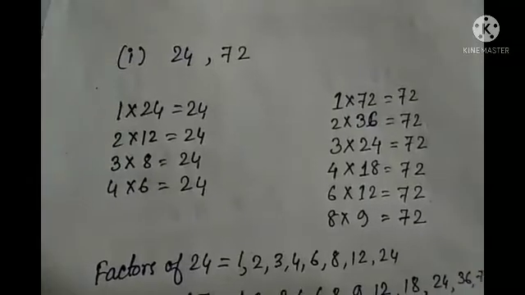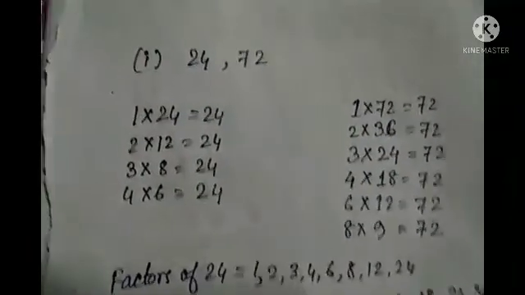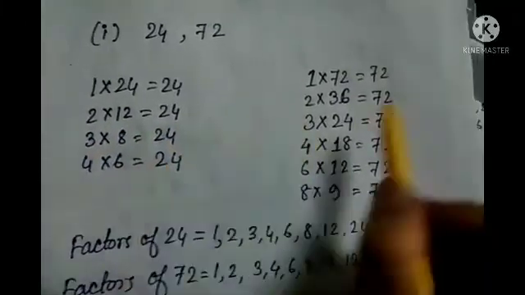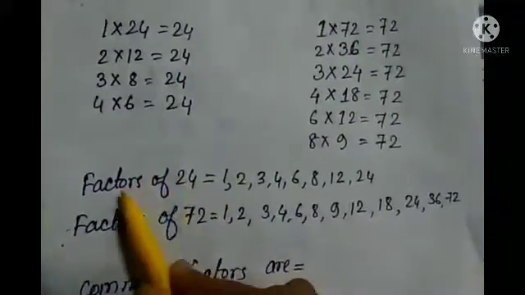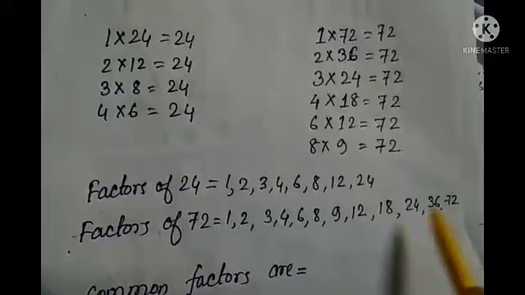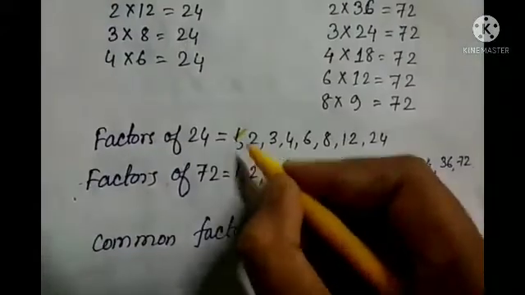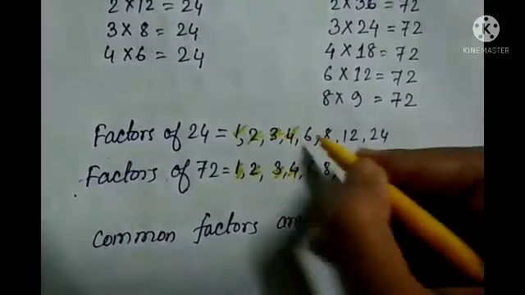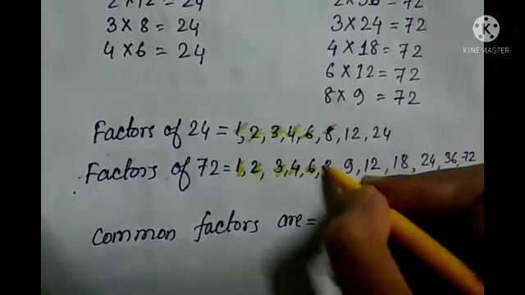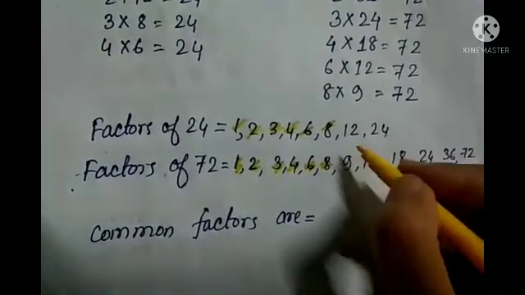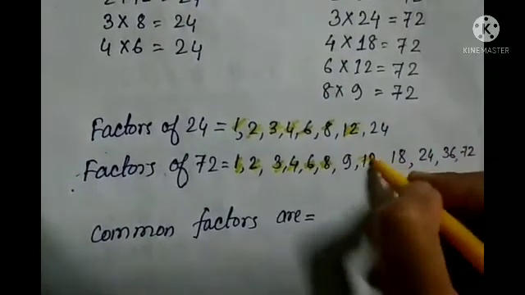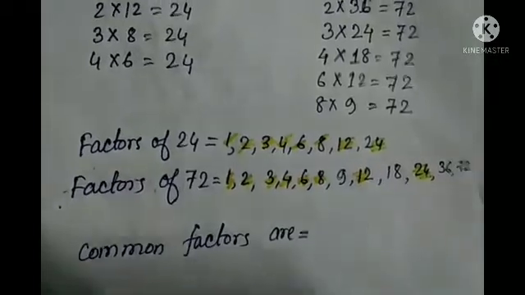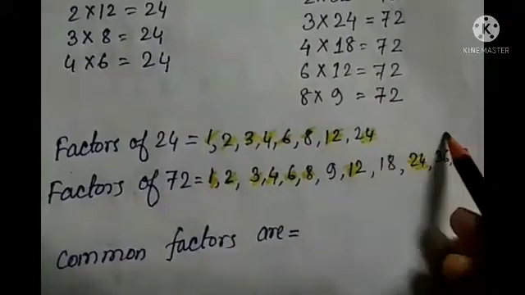One more I have done for you, students. You see here 24 and 72. Here I have written the factors for 24 and here 72. So all the factors I have written here. Now let's see what is common. So 1, yeah, 1 is common. 2 in both cases. 3 also, 4 also, 6 also, 8 also. Then 9, no, it is not present. But 12, yes, it is. 24, yes, it is. So you get all the numbers because no more numbers are there, right?